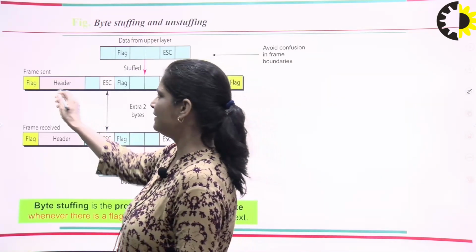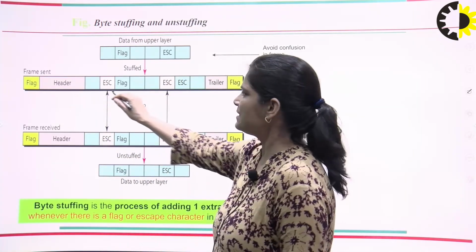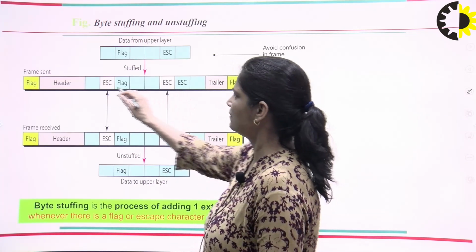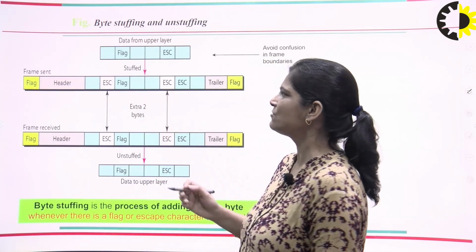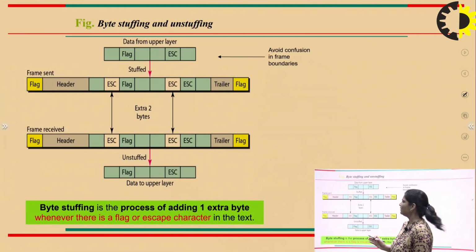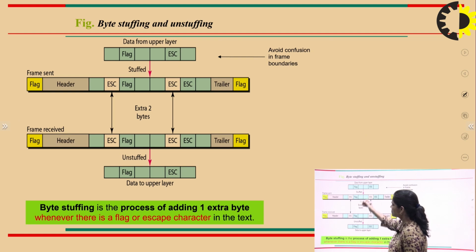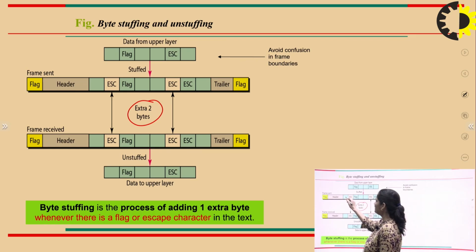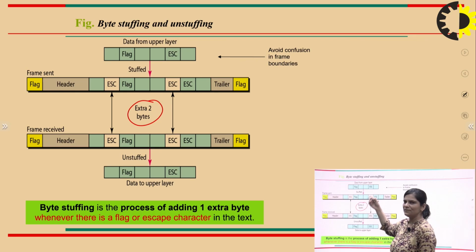Here is the header field. This is an escape field, used to differentiate the fields. Here is a flag. If we want to add 2 extra bytes in this frame, which is coming from the upper layers and which we have to send,